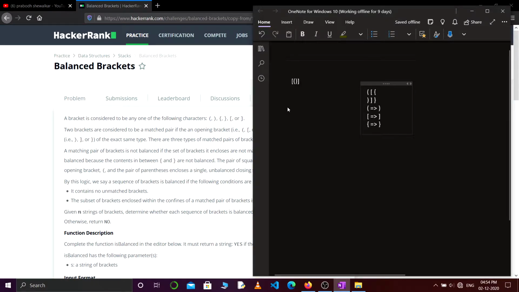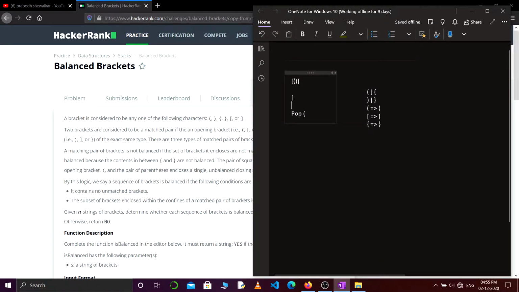Okay, so let's try to solve for this example. We got this, so we will push it into our stack. Then we got this, so we will push it into our stack. Then we got this closing bracket, so basically we will pop from the stack. The popped element will be this, right? Our current element is this, and this corresponds to the popped element, so no problem.